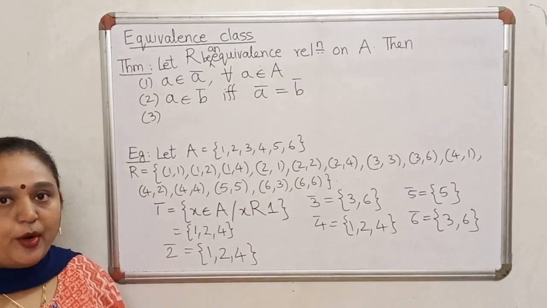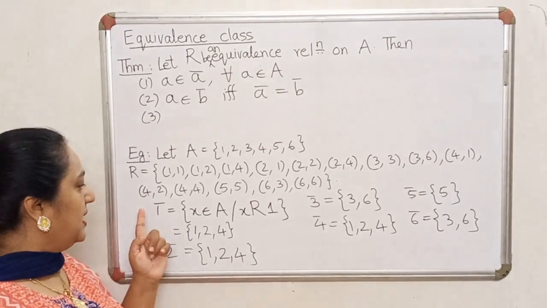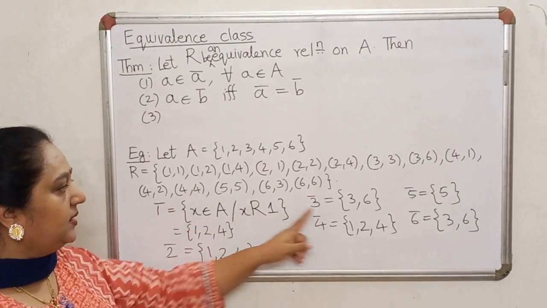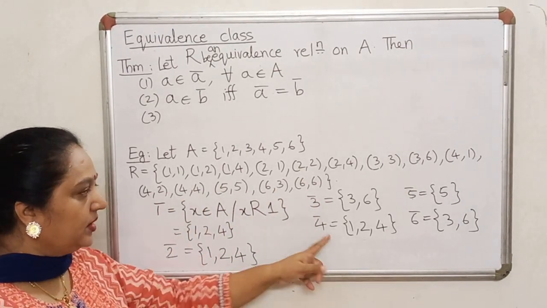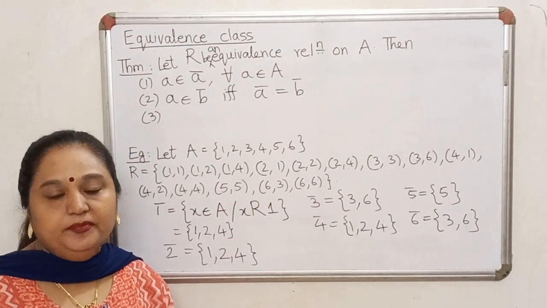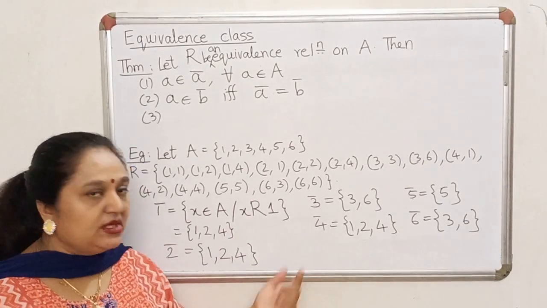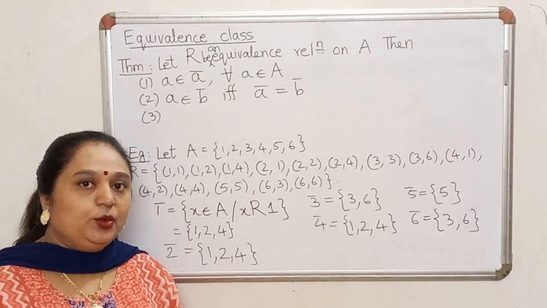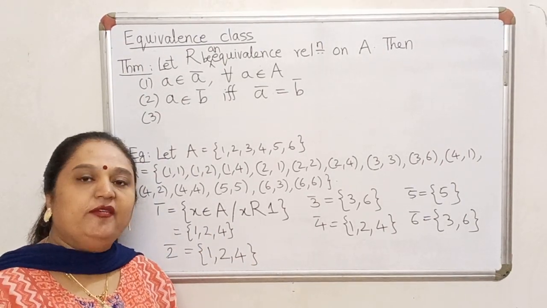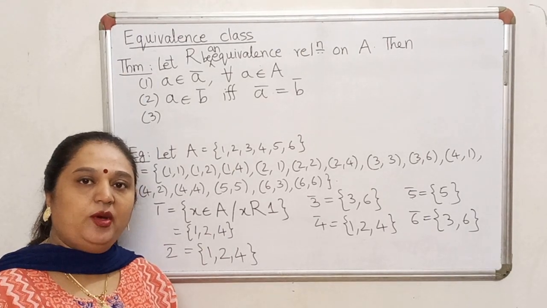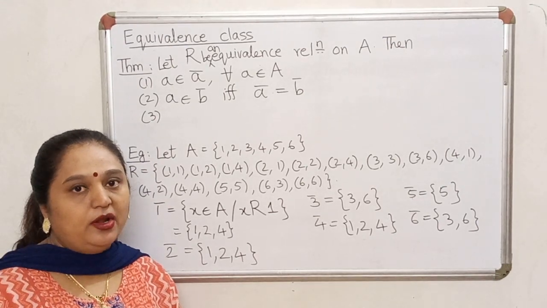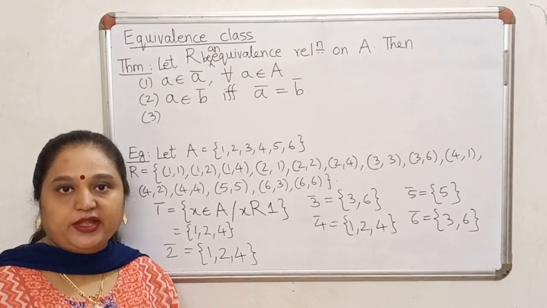Now let's come to the third property. Compare the equivalence class of 1 with 2. They are identical. 1 with 3, nothing in common. 1 with 4, everything in common. 1 with 5, nothing in common. 1 with 6, nothing in common. So for equivalence classes, at least from this example, it looks like when I take two equivalence classes, you can also check for the other pairs, either they are going to have everything in common or nothing in common. What really happens when you look at two sets in terms of their intersection?